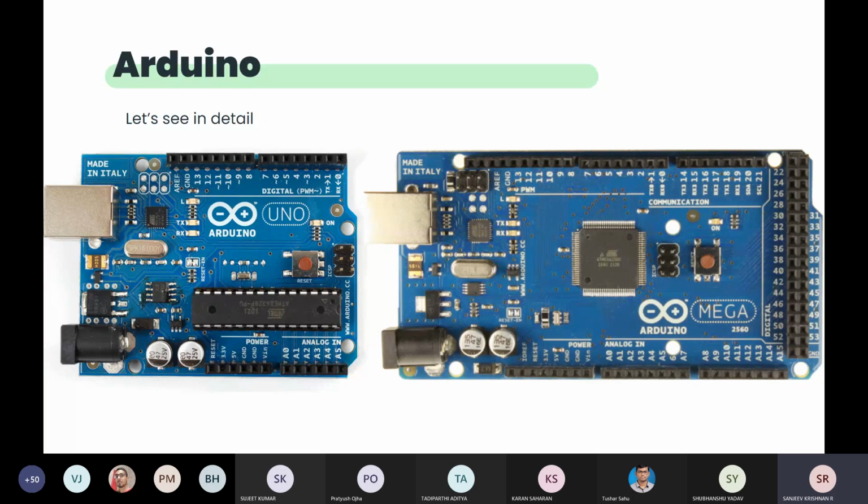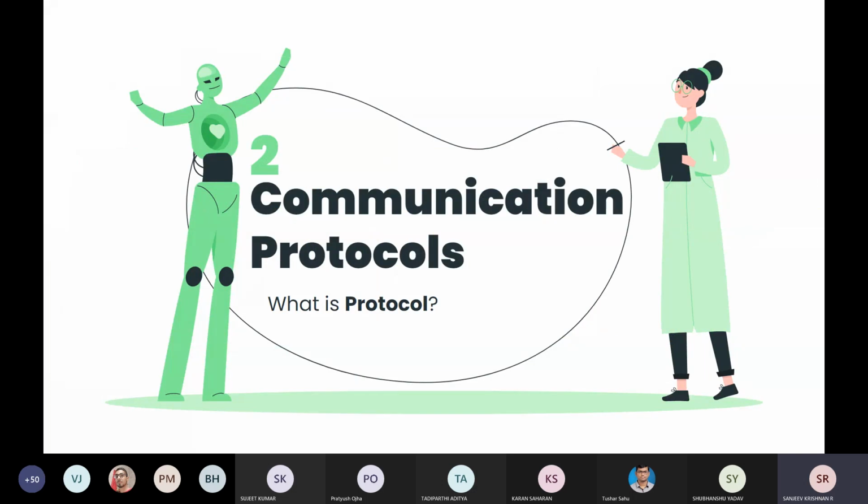Till now, whatever I have told you, any doubt? No, sir. So we'll move fast. It's already 9 o'clock. The second part is communication protocol. You can see these two people communicating, that is communication. But what is a protocol basically? Some set of rules that are followed. So protocol is nothing but a set of rules.